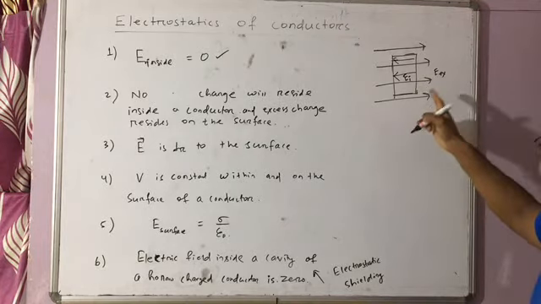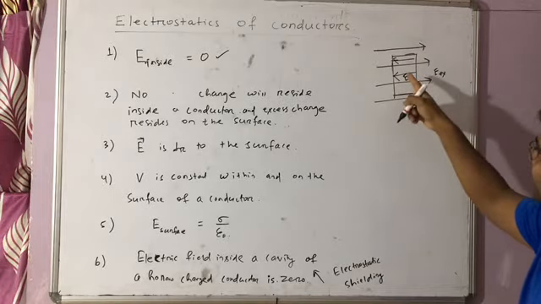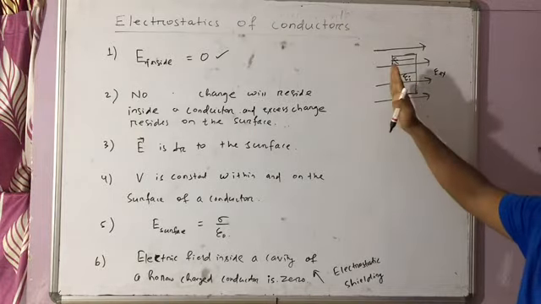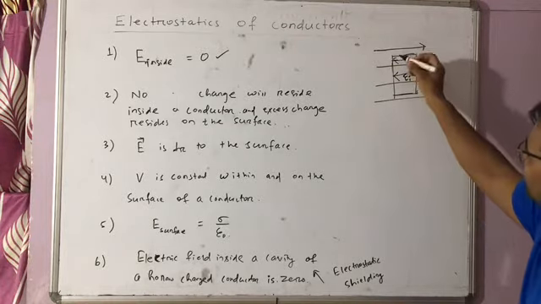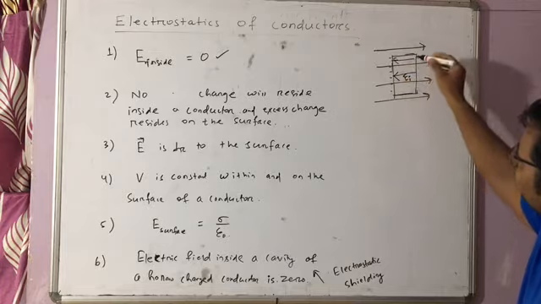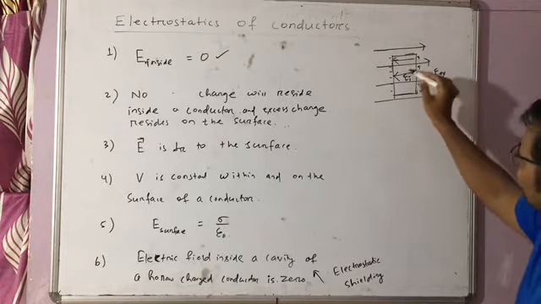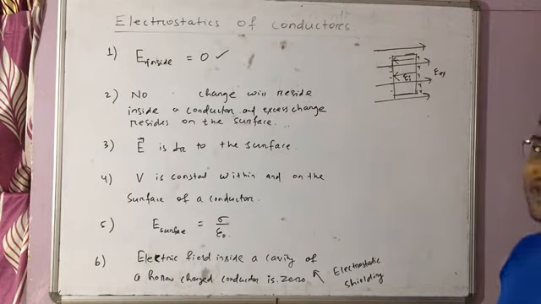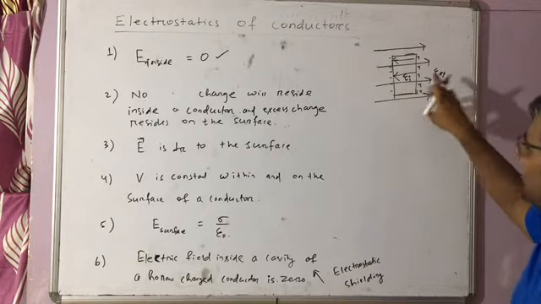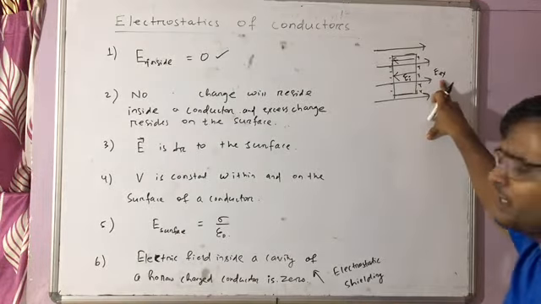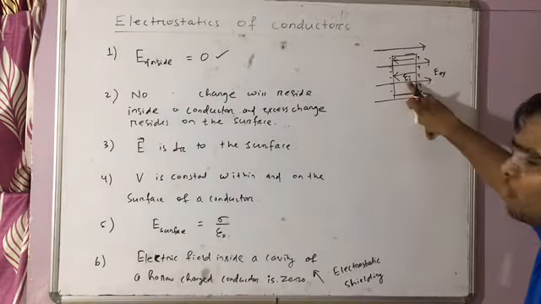So these two fields are in opposite direction. Because the positive and the negative charges, the free electrons will try to move to the opposite end, opposite to the external electric field. So this end will acquire a negative charge and this end will acquire a positive charge. So there exists a net electric field that is called induced electric field because of the external field. If there had not been any external field, EI would be 0.